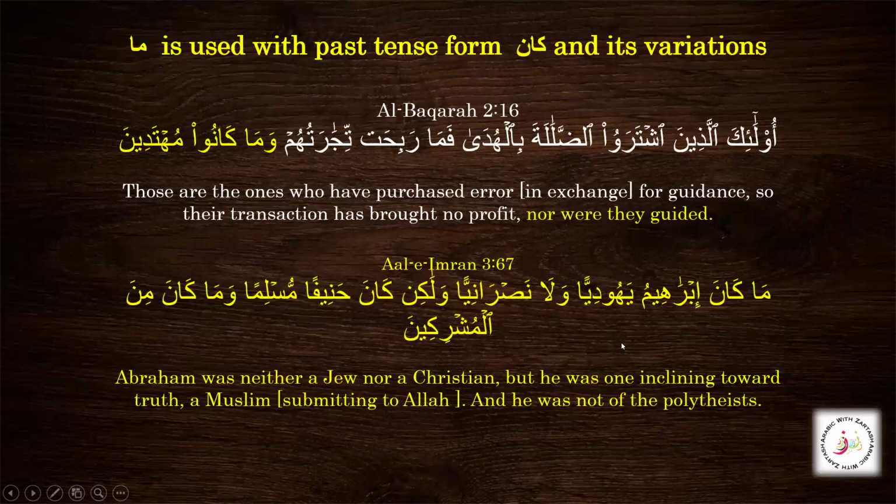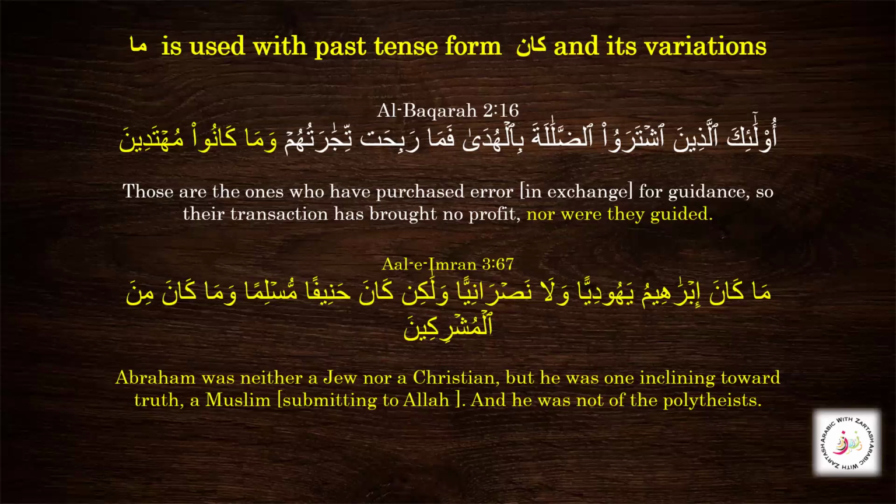So like he is not Yahudi and he is not Nasara. So these both are like Ibrahim is not a Jew nor a Christian. So this is our نفي جملة. So يهوديا is خبر كان منصوب بالفتحة, and ولا is again حرف of عطف, and لا is for تأكيد, this is for emphasis. Like it has already ma, but this la is again for emphasis, because every time there is an addition of a word, there must be an extra emphasis.